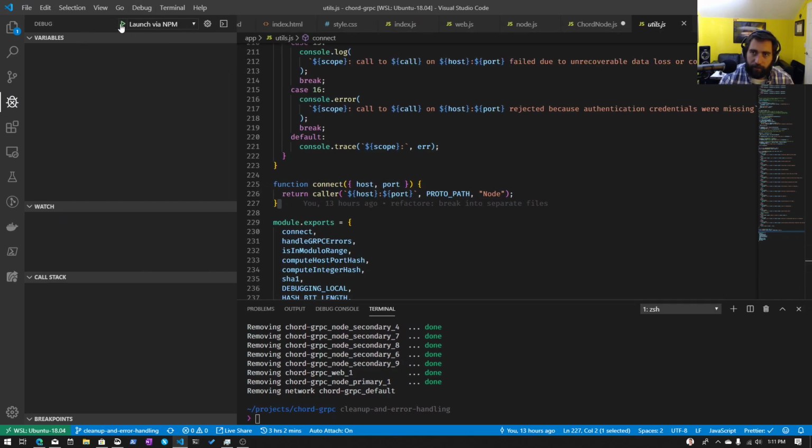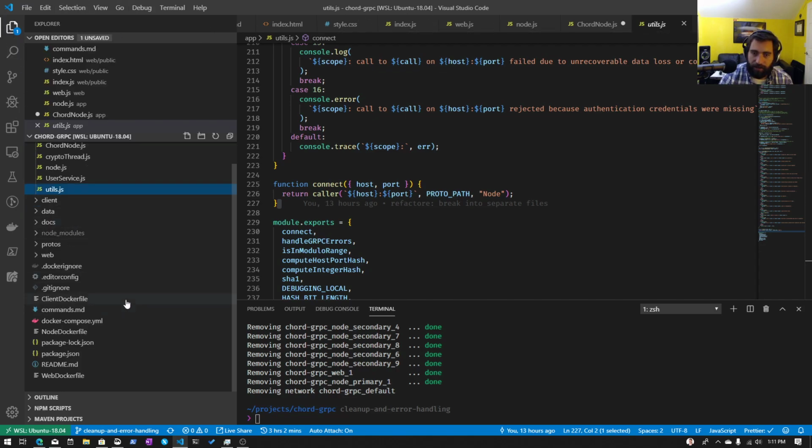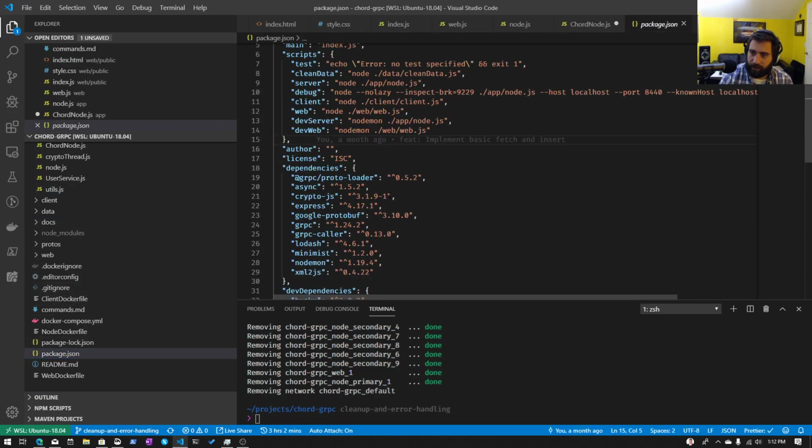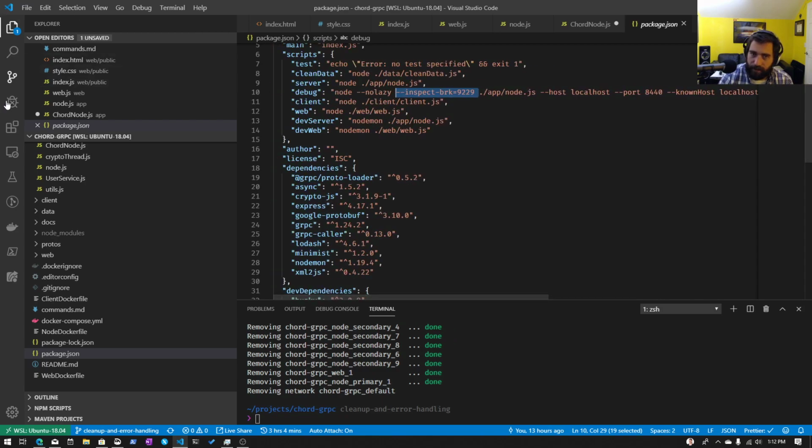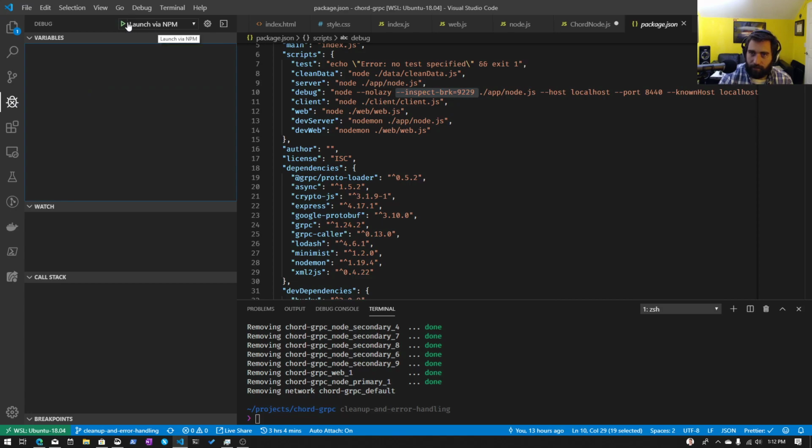Launch via npm. This should be something that's added into the repository. So if you check out the project and start the application, you should get this option. And if I click this here, what it does is it launches a new package.json script called debug, which starts basically our first node in the cluster and exposes a particular port that communicates with Visual Studio Code to be able to provide that rich debugging functionality. So now if I hit launch with npm,